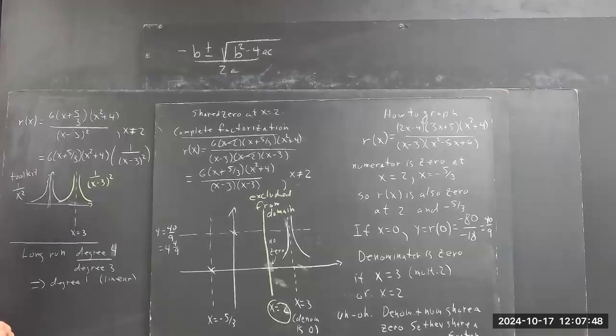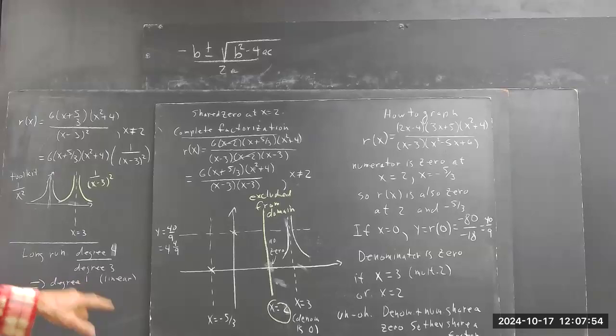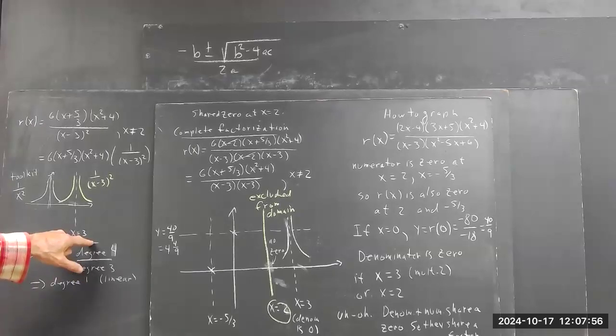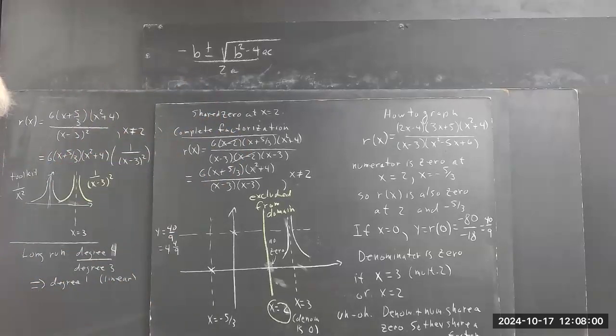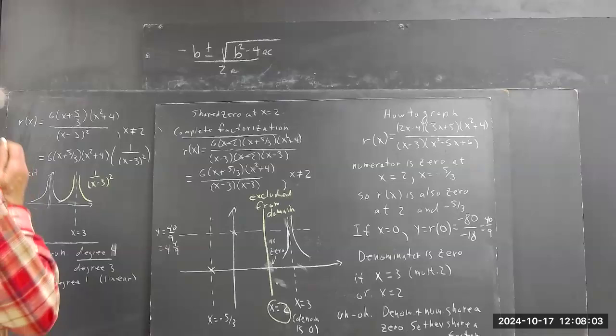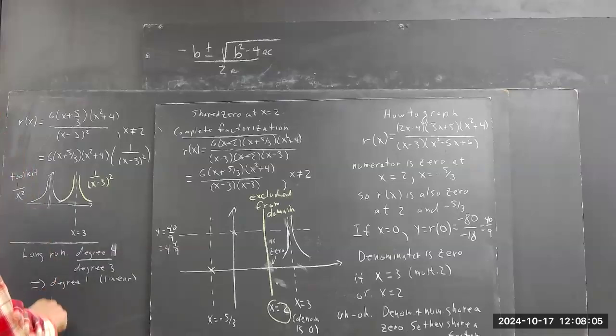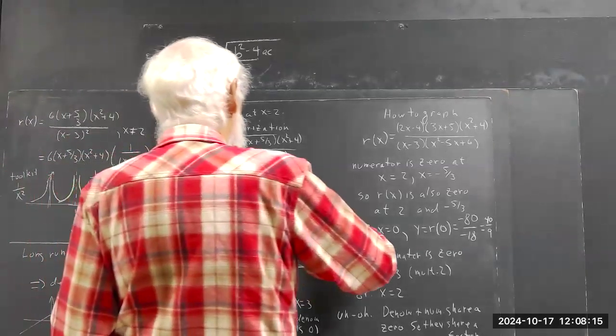You got degree 4 divided by degree 3. Then the long run is a degree 1, which is linear. If you do a long division of this one into this one, you're going to get an x plus something over your division. What this means is your long run behavior is linear. Okay, so that means it goes this way